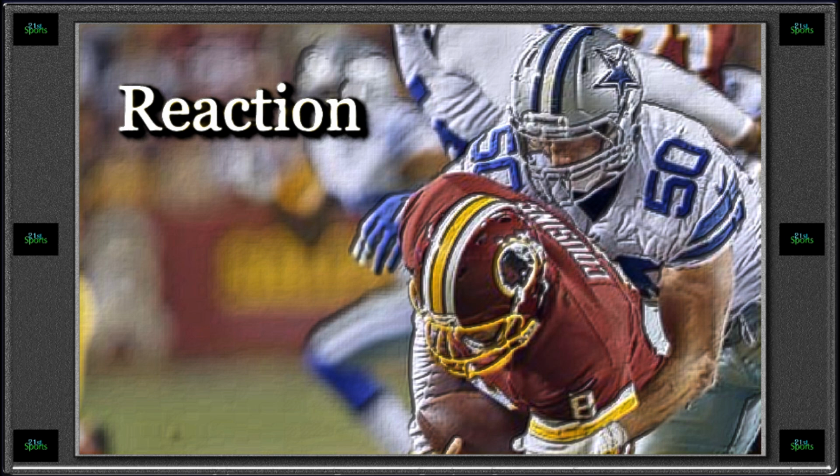So now the Redskins would come right back, and they would respond with a scoring drive of their own as they start off on their own 16, and they would move the ball towards midfield. They got into Dallas territory, but their drive would stall on the Dallas 26, and out came Dustin Hopkins to attempt a 45-yard field goal. It was up, it was good, and this game was tied at 3, and that would do it for the